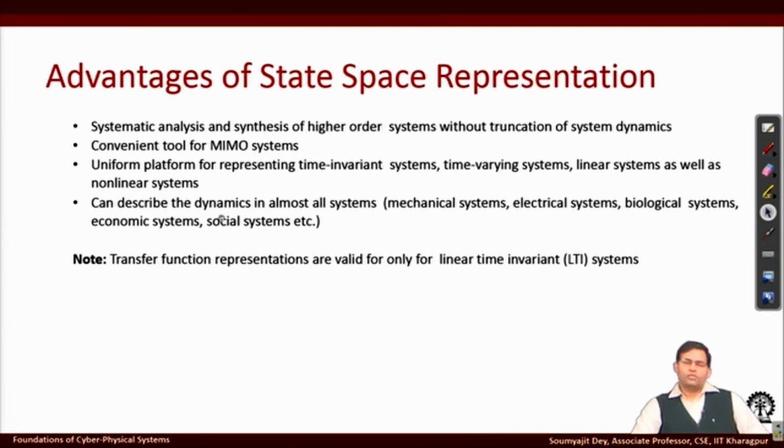So, this is quite a nice and powerful method of system modeling. And then we have by now also talked about the transfer function representation, which gives us a Laplace domain